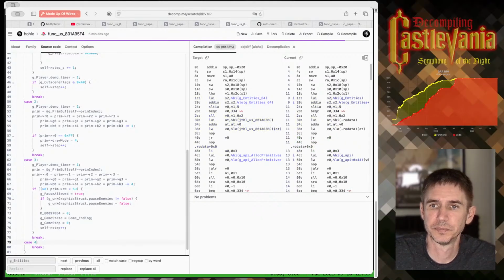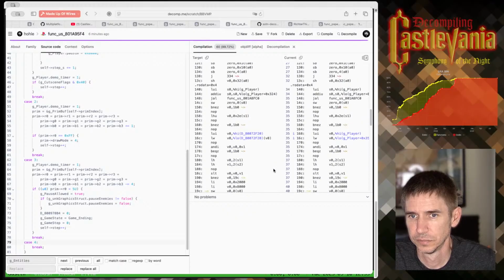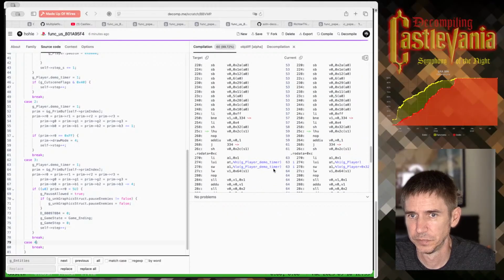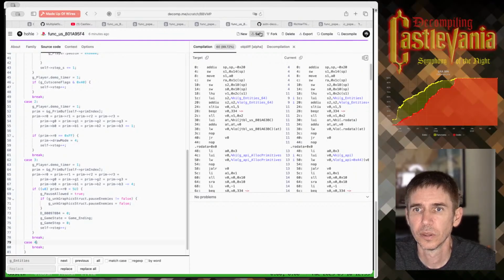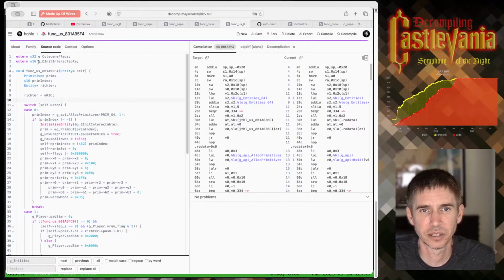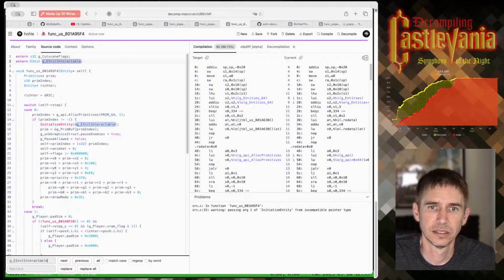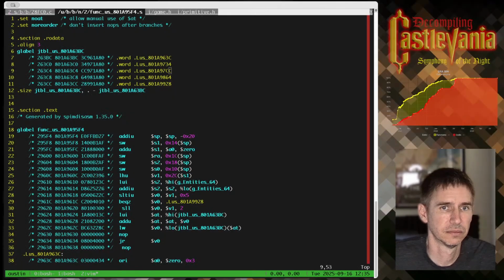Super interesting. And not necessarily what I expected. But I think that's it. G interactable, that's an EINIT. And EINIT is defined as a signed 16 array.